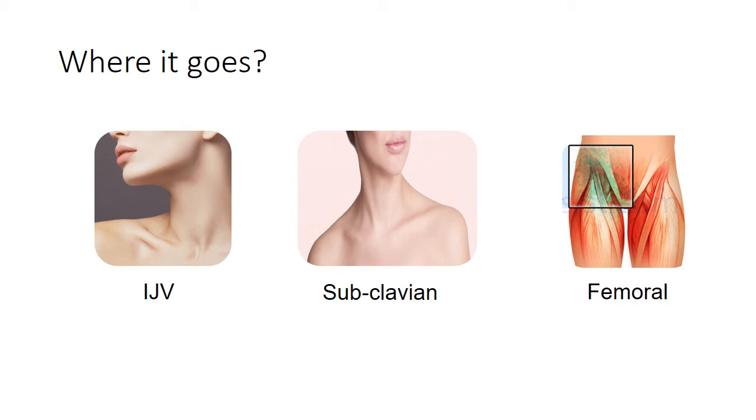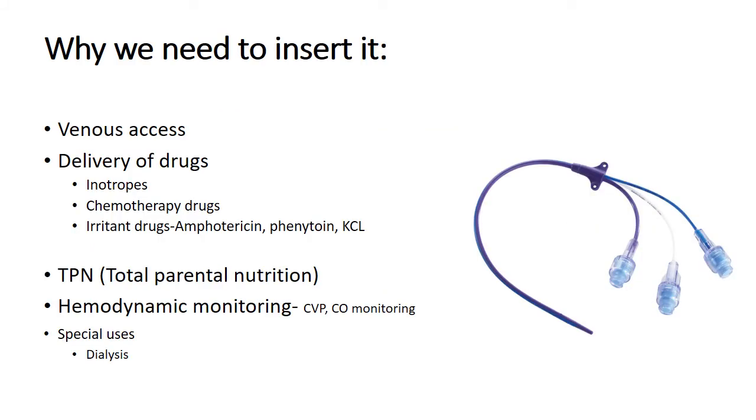Placement depends on the expertise of who places it. But what shall be the ideal site for insertion shall be discussed in the later part of the presentation. Now let's see some of the important uses of central line in patient care. Number one, to get bigger venous access when patient is in shock, requiring vasopressor support. Secondly, to give irritant drugs like KCL, amphotericin B, other chemo drugs, etc. Thirdly, when patient is required to be given total parenteral nutrition. Lastly, in the form of HD catheter where it can also be used for dialysis.